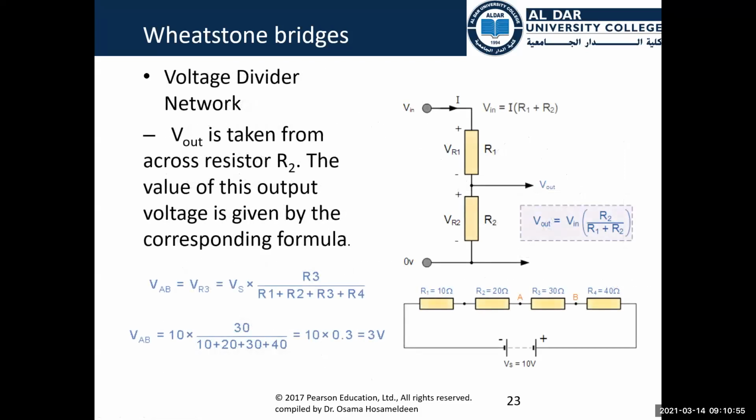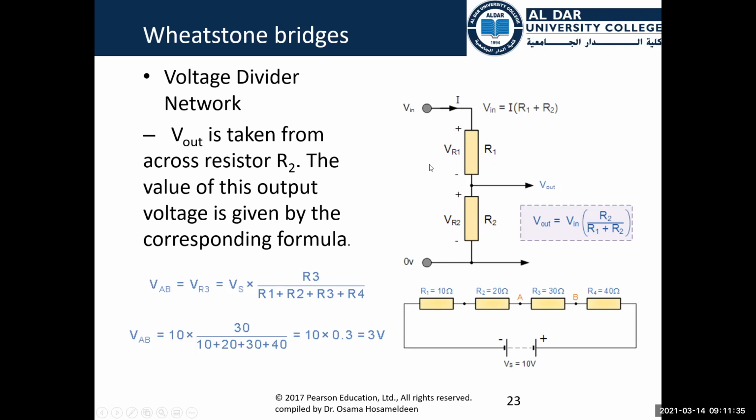To understand the idea behind the Wheatstone bridge, we have to revise some basic concepts from digital circuits. The concept is called the voltage divider network. If we have here the ground terminal, and this is Vn, and we have two series resistances, R1 and R2, the voltage between Vn and V0 is just Vn,